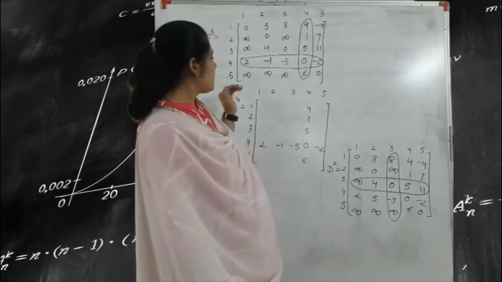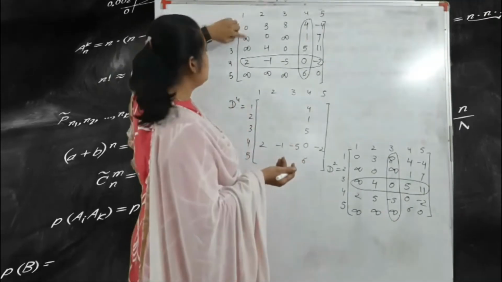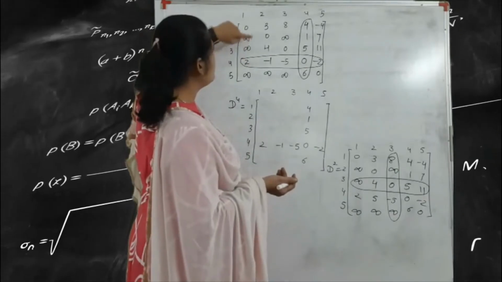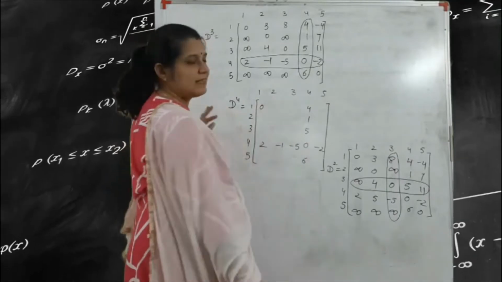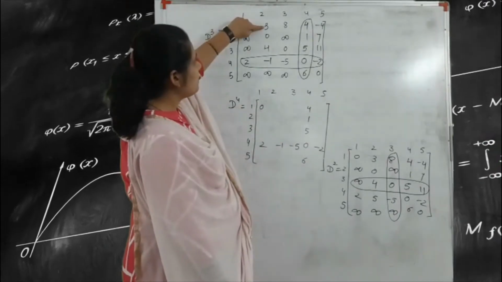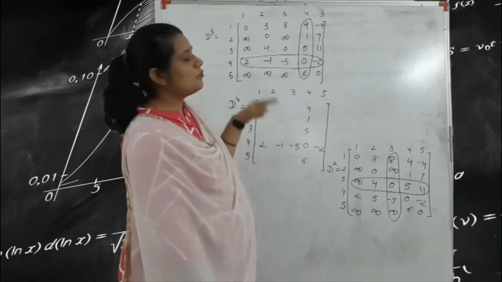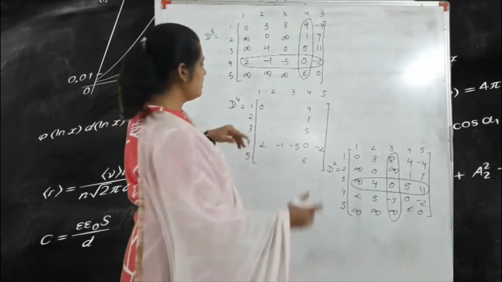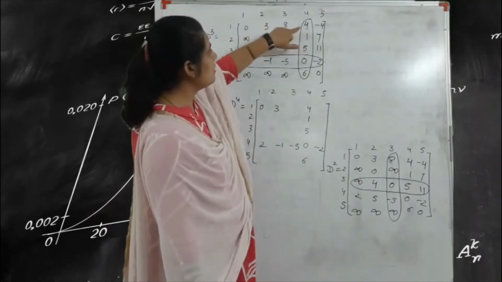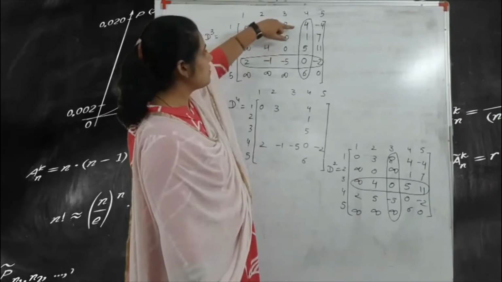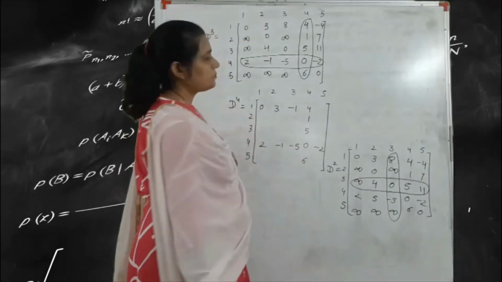So with the help of these values, 0 is obviously the lesser value. That means highlighted 2 and 4. So 4 plus 2 is 6. So we write here 0 because 0 is less than 6. Next one is 3. According to this 3, minus 1 and 4. So 4 minus 1 is 3. So here the equal value is 3. Next, 8. So 4 and minus 5. So minus 5 plus 4 is equal to minus 1. So we write here the minus 1.